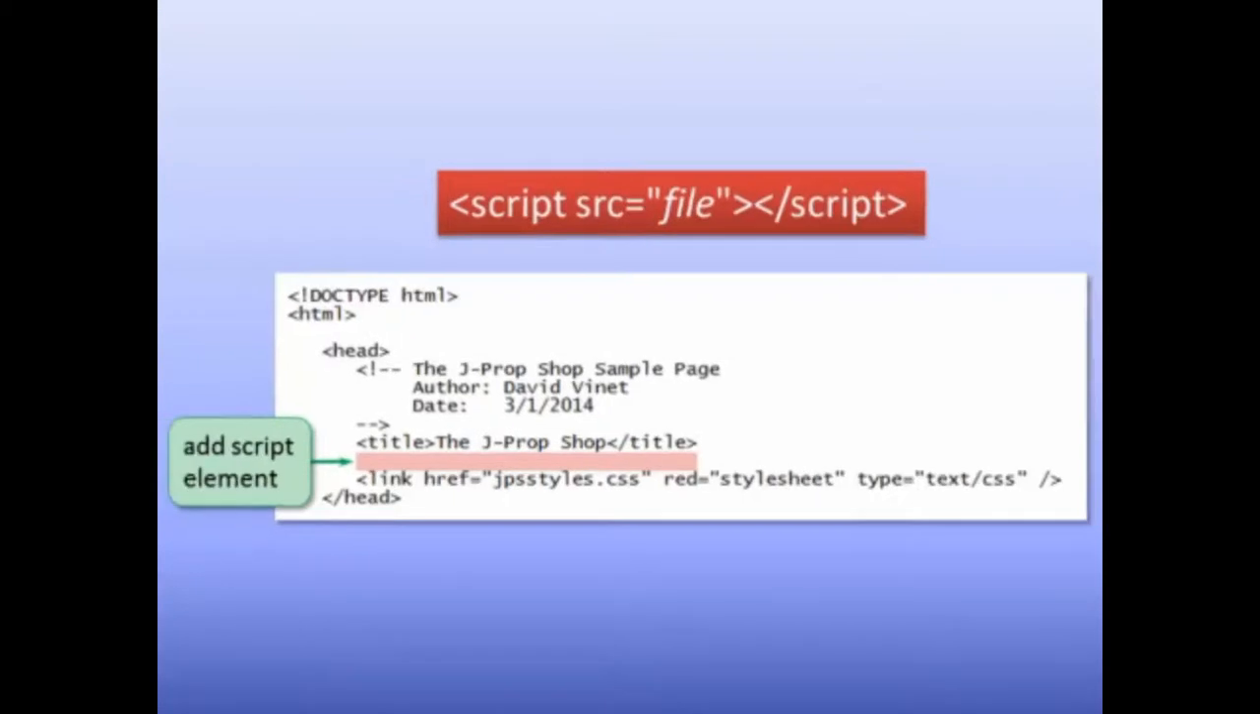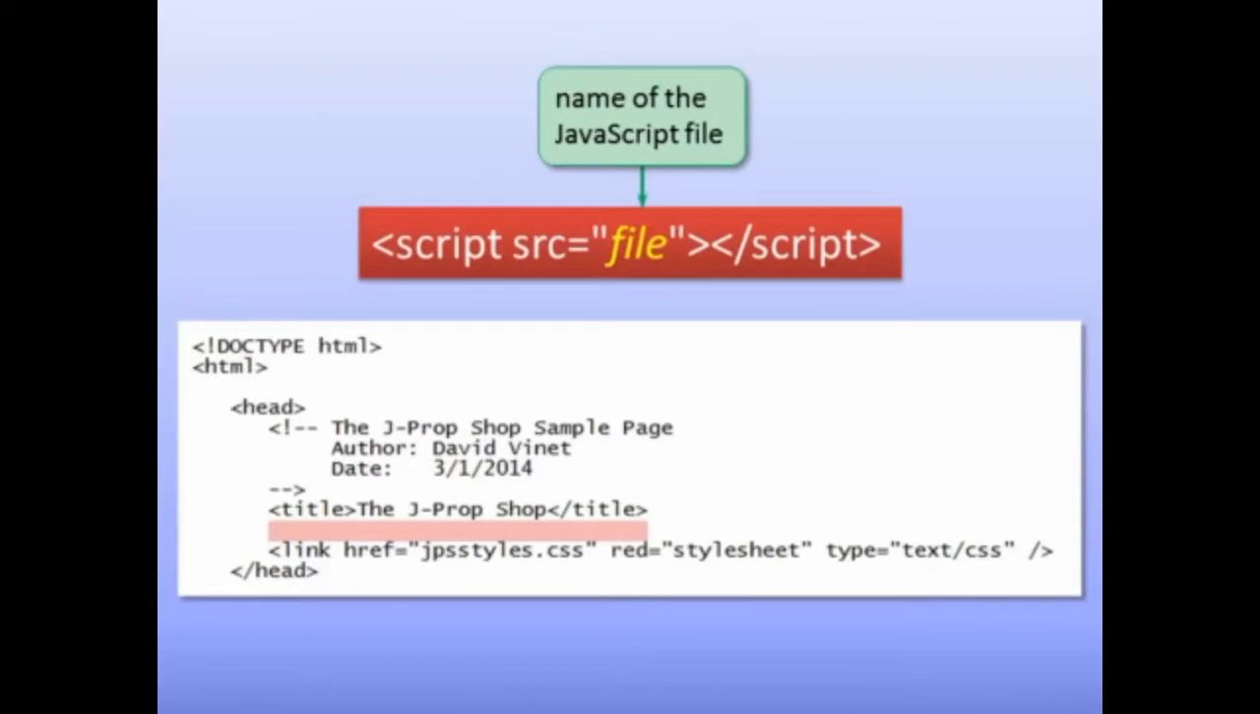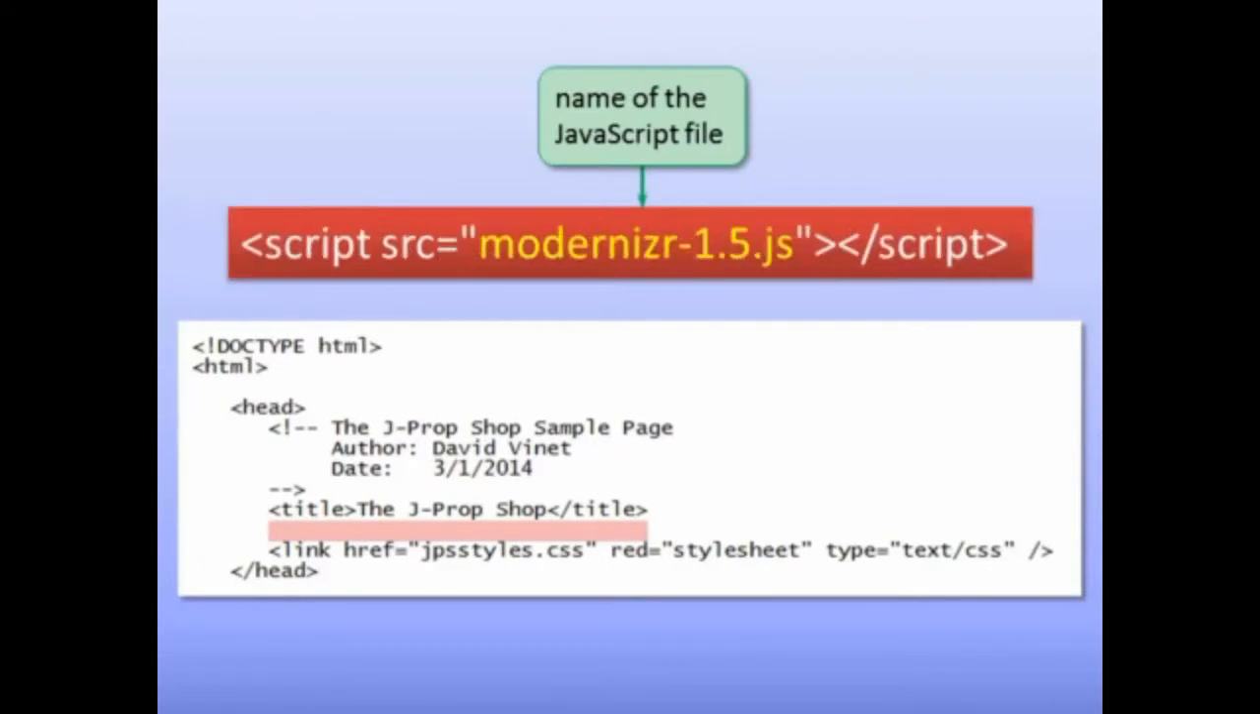To link a web page to a JavaScript file, you add the script element to the document head using the syntax shown here. In the syntax, file is the name of the JavaScript file in quotation marks, such as Modernizer 1.5.js. This file is stored in the same folder as the jprop.htm file, so you don't need to specify the